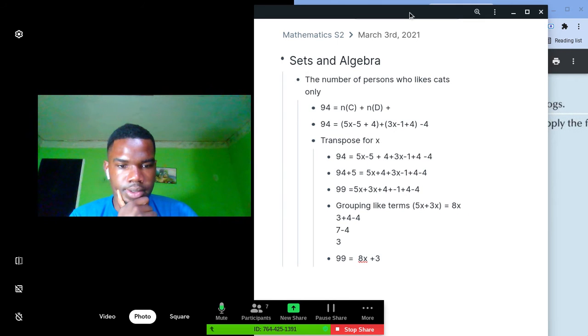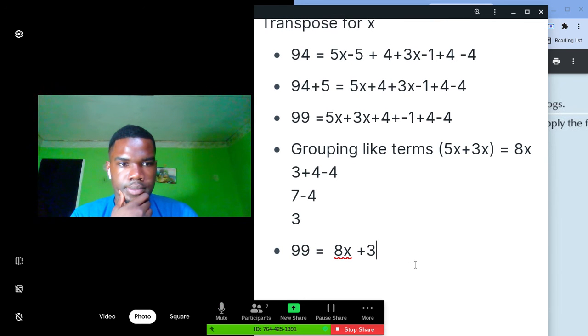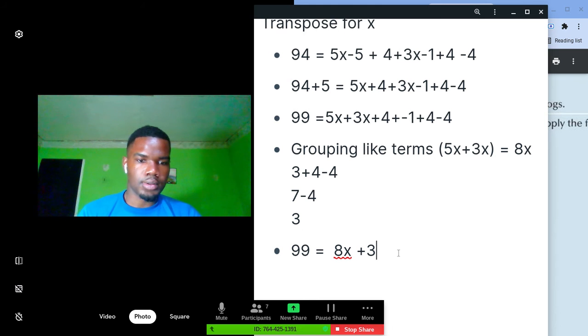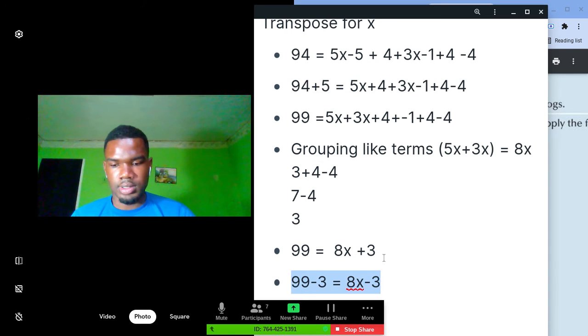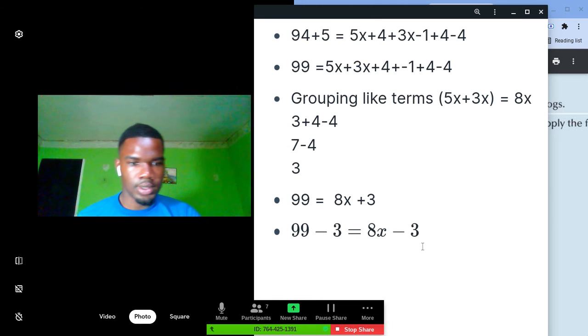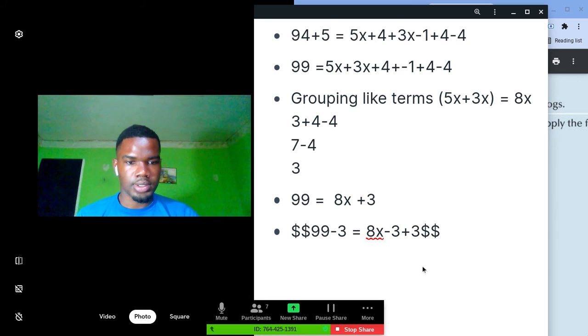Yes, sir. Alright, good. So now, how can I get rid of this 3 now? Sir, by minusing it by 99, if I'm correct. No. I can minus it from both sides, so I only have 8x on the right. So here's what we do. We're going to say 99 minus 3 is equal to 8x plus 3 minus this 3. There we go. So this 3 now cancels, and the only thing I have left is